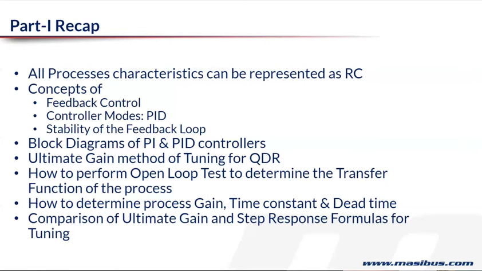The fundamental thing was I explained that any process can be represented as an electrical circuit in the form of a resistance and capacitance. Okay. Now, just like in electrical circuits, you have circuits with one resistor and one capacitor. You could also have circuits with multiple resistors and capacitors. Okay. So the same thing holds true when you are talking about a process. You could have a single RC, or you could have two RC, or you could have multiple RC.